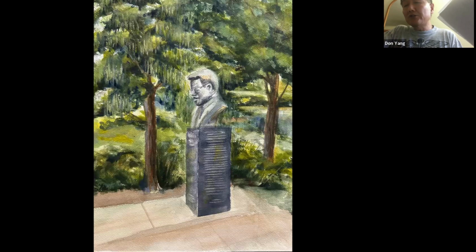I think what she had done is just perfectly fine, just enough to add impact to the bust or the statue of Mr. Ping Tom there. I think that worked out nicely, the way she treated the background with less detail and soft edges. So I think that worked out very nicely there. Okay.